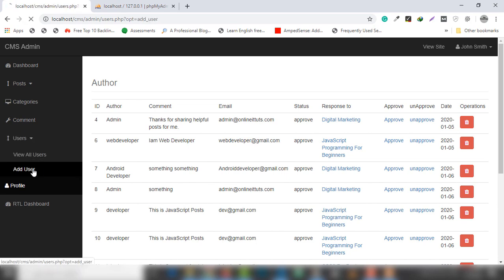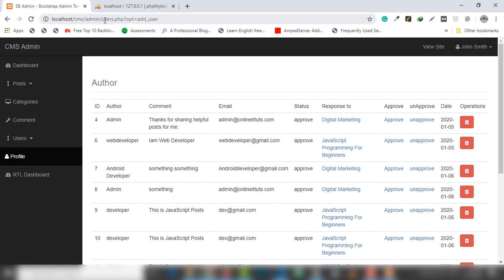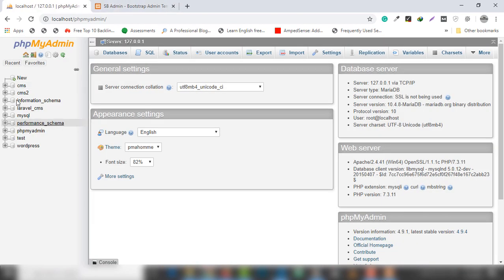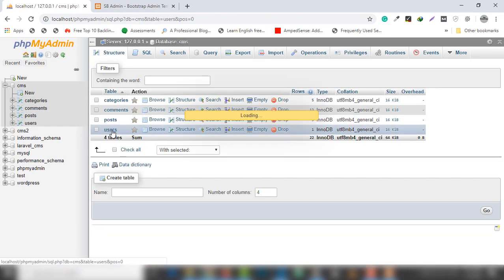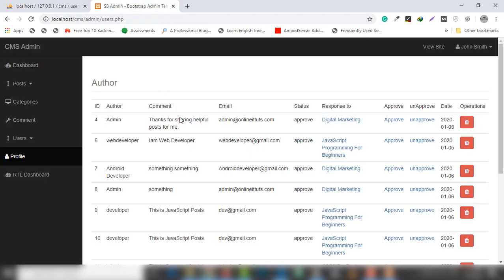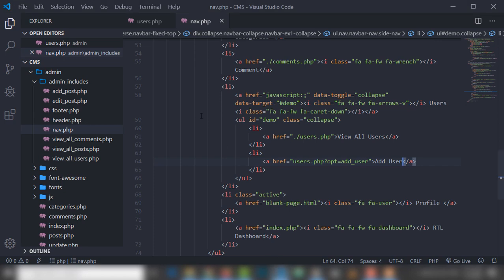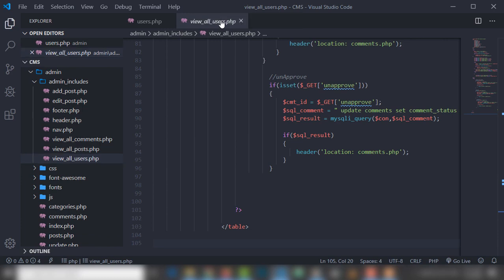I'm gonna click on add new user. Right, as you can see, this is the users.php page, and this is our get variable, and this is our add underscore user data, and this is the default view all users page. So I'm gonna open CMS, and inside CMS we have our table named users. So first thing we need to get the data from the database and display the data here, right? So I'm gonna open my file view all users, close the nav.php file,